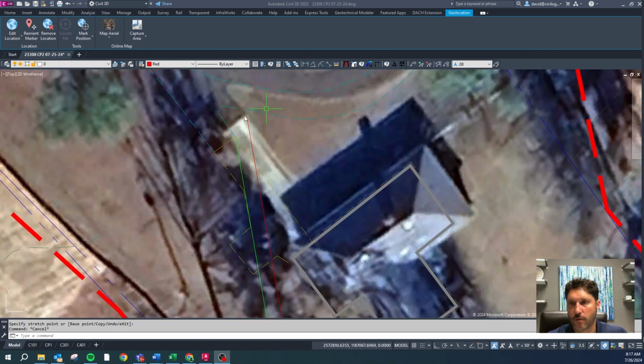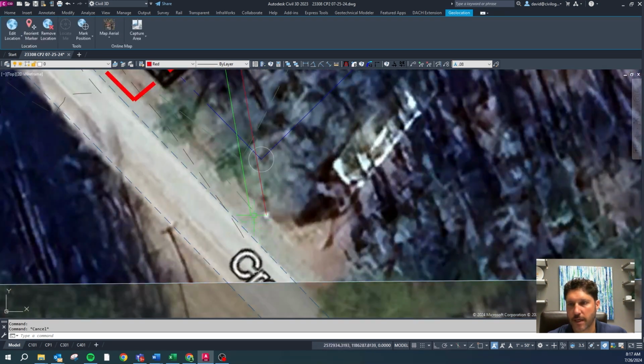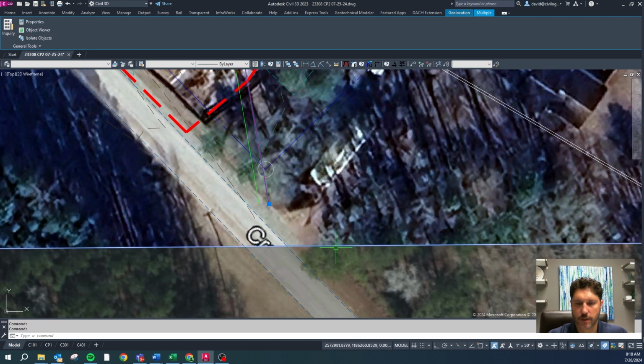Here I picked the corner of the concrete driveway and the asphalt driveway. The red is the picture that I want to align, and then down on this end I picked a little white dot that could be concrete around a hydrant or a water valve or something like that potentially. And the red is the source that I want to move, and the green is where I want to move it to. So I'm going to select the line and the object that I want to move, type in align,